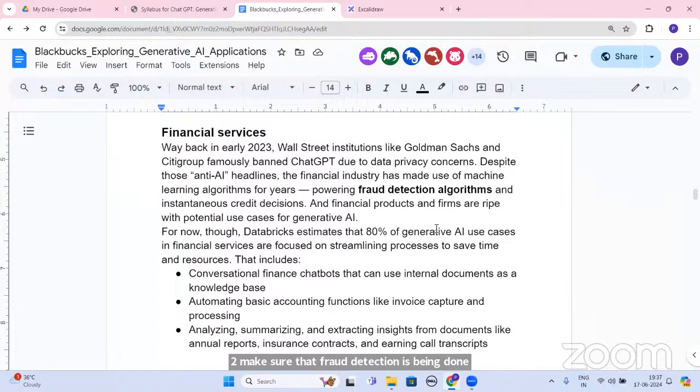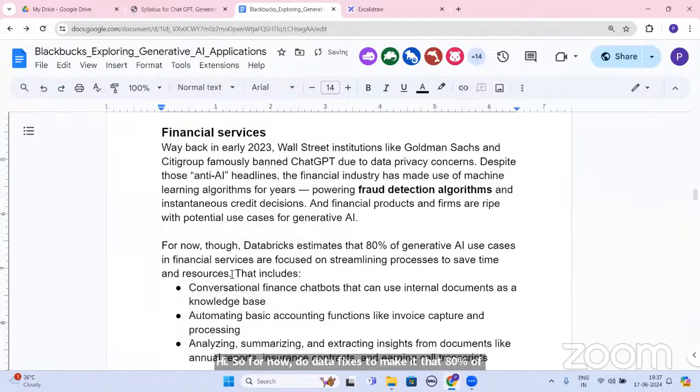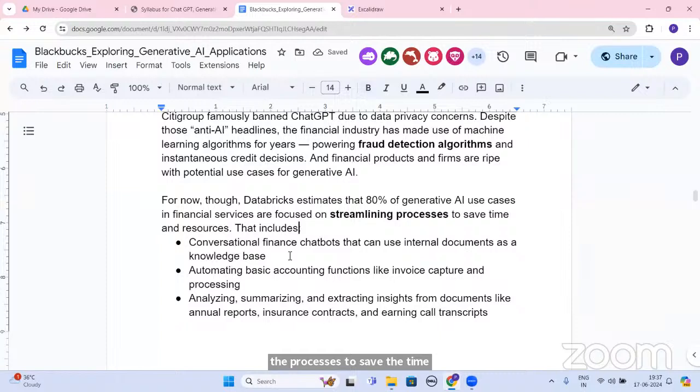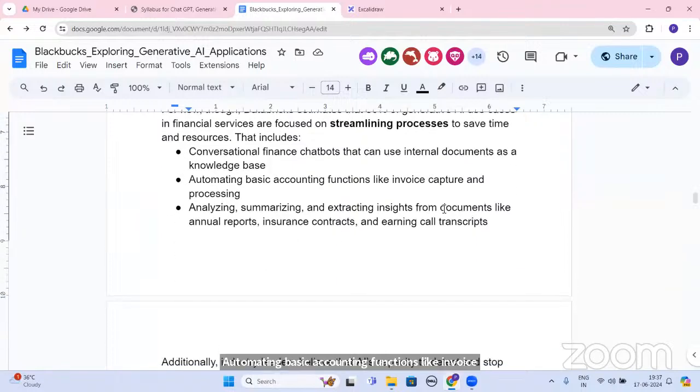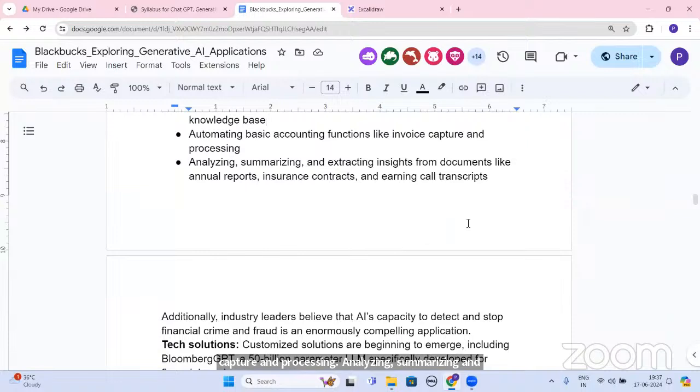For now, though, Databricks has estimated that 80% of Gen AI use cases in finance are focused on streamlining processes to save time. It includes conversational finance chatbots that can use internal documents as a knowledge base, automating basic accounting functions like invoice capture and processing, and analyzing, summarizing, and extracting insights from documents like this.